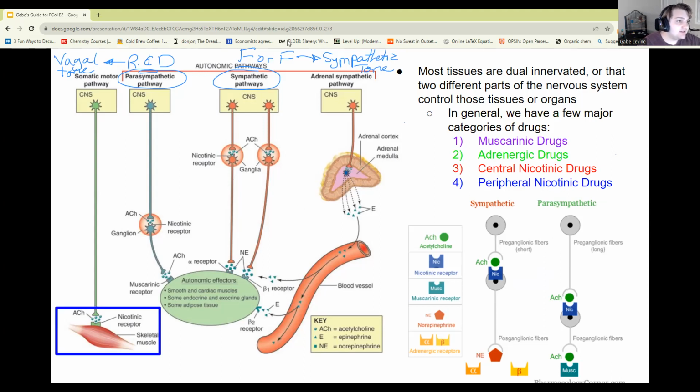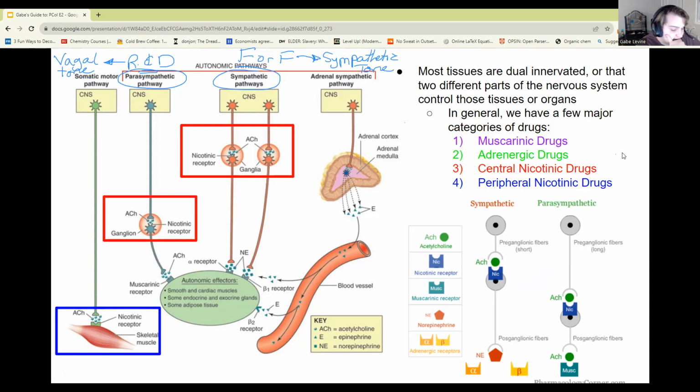It's important to understand this difference between central and peripheral, because peripheral nicotinic drugs are only going to be able to affect the skeletal muscle. While drugs that are able to move into the central compartment, meaning inside the brain, inside the CNS,